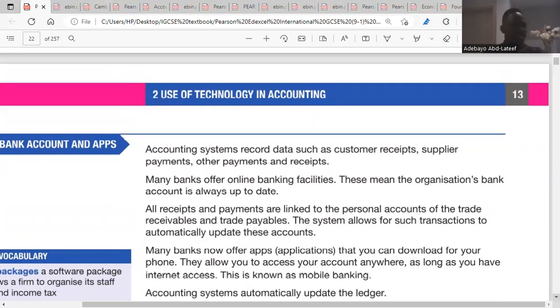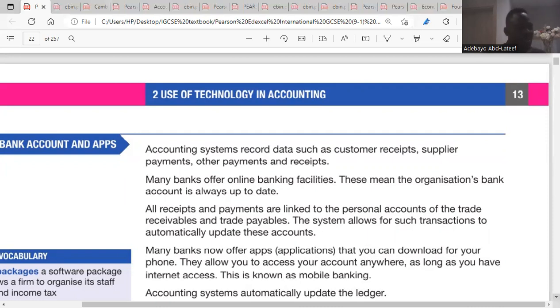Those online bank accounts and apps. So for banks too, a business would definitely have its bank account, yes or no? The banks you use would also have different bank facilities for you as a business. So you can make your payments online, your customers can pay online, you can make payments to your suppliers online, your customers can pay into your account online. And there are different accounting packages or facilities that your business could use online. So